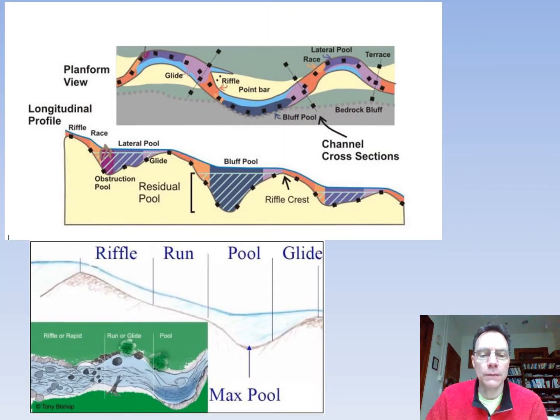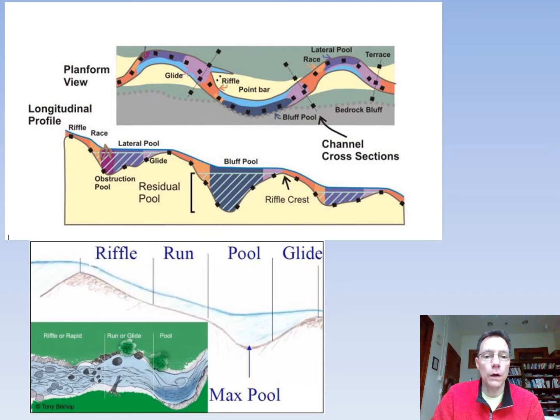Almost done with terms, and then we'll get into some concepts of models of streams. Maybe if you've spent much time with streams, you're familiar with some of these terms before. So this is looking at a stream in cross section, and this is called a plan view here. We have areas where water is moving rapidly and kind of bubbling over, tumbling over rocks and things like that. We call that a riffle, a fast moving area.